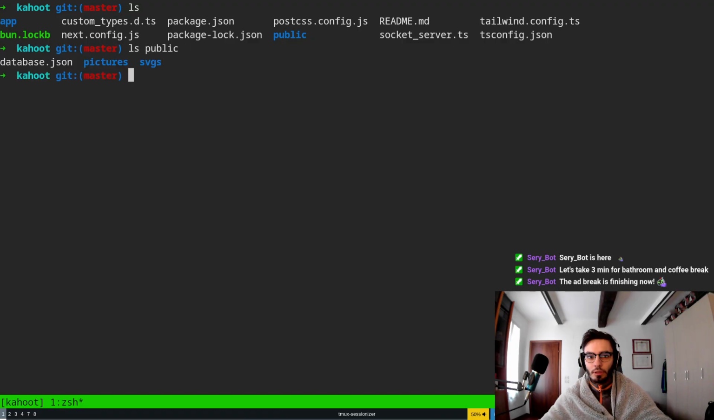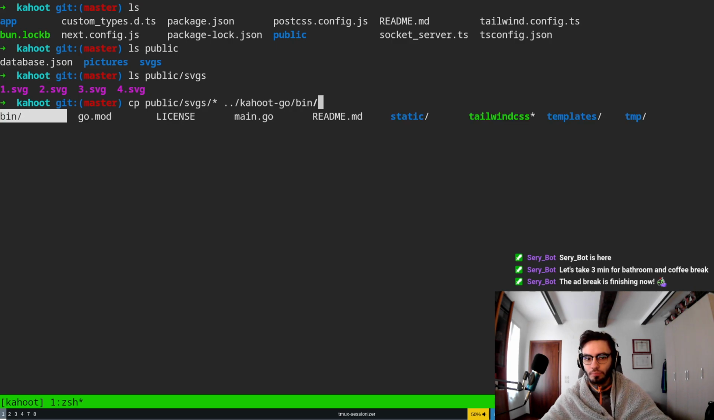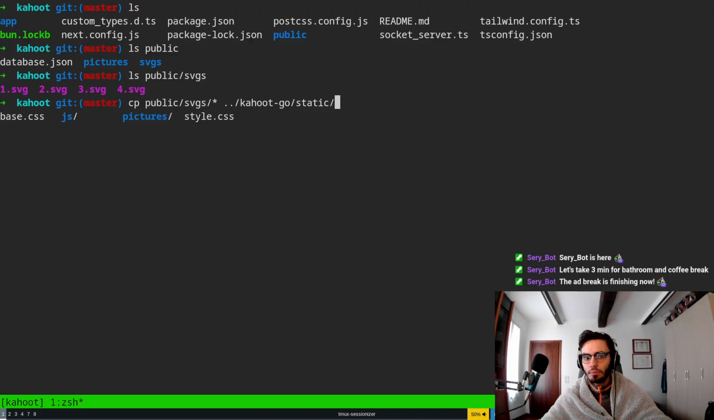And let's list what's in the public SVGs. And now we'll copy everything that's in public SVGs into Kahoot/Go. We would go in static as SVGs,